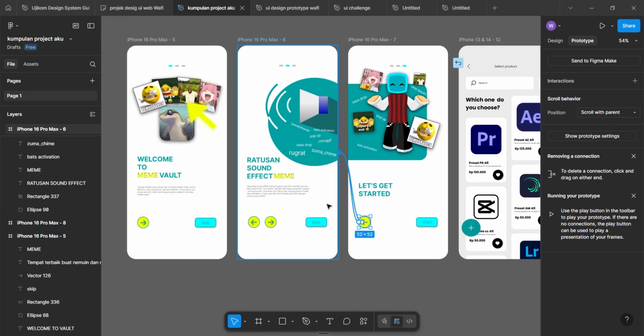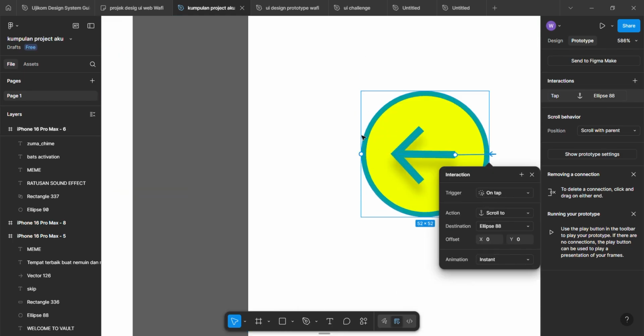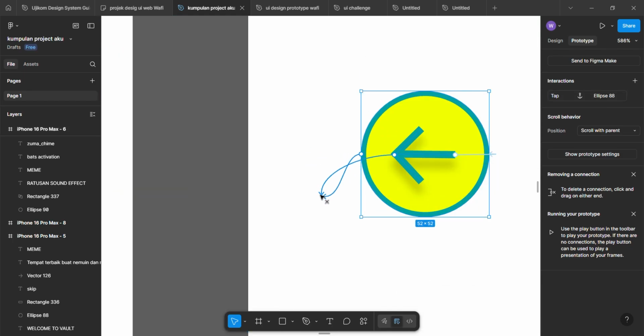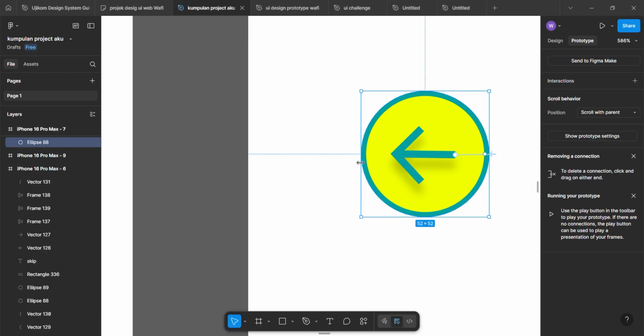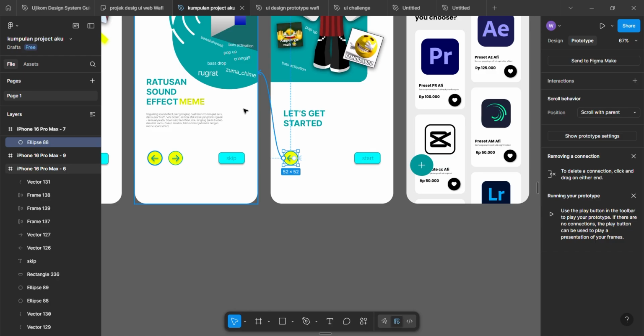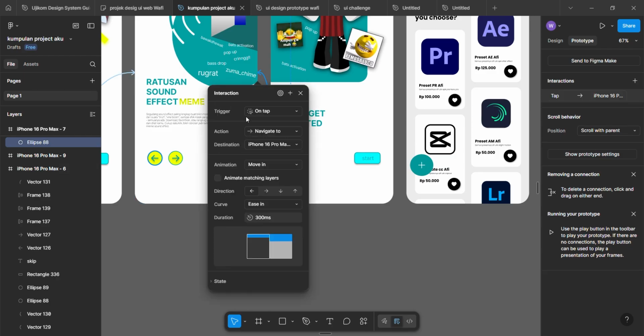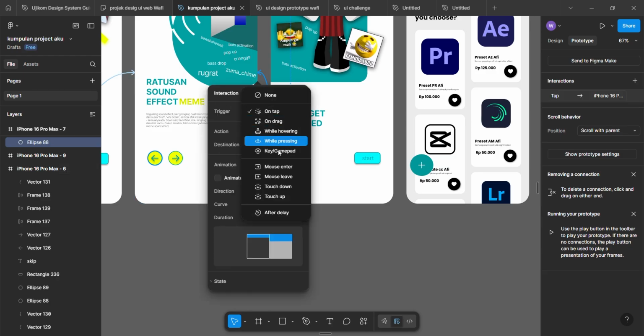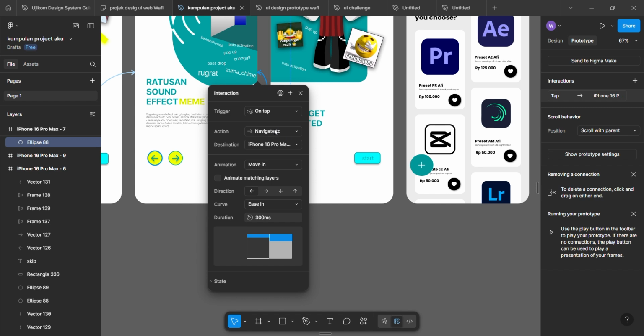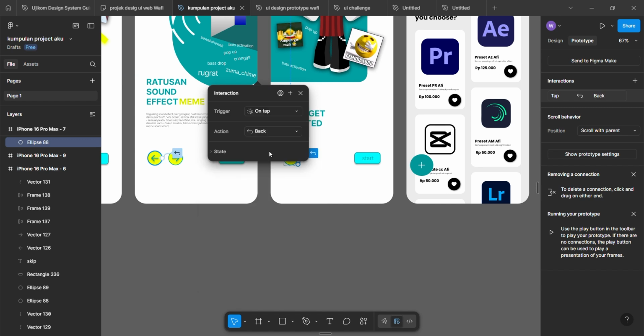So now I'll click on the blue node, drag it and drop it onto my second page, the profile page. This means that when I click on this button during the prototype preview, it will navigate from the home page to the profile page. You will also notice a small interaction window pop up.